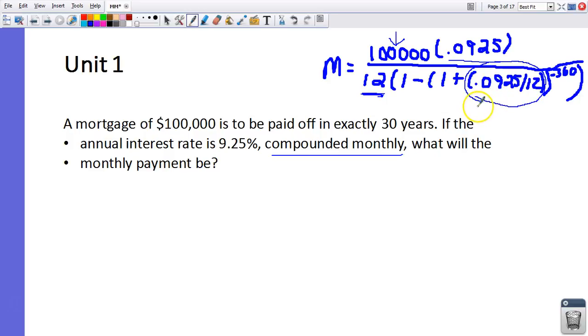So if you were going to compound it quarterly, you would divide it by thirds, right? Because there's 3 quarters in a year. Or by fourths, duh, because there's 4 quarters in a year. It's just that each one is 3 months. That's what I was thinking of. To the power of that 12 times 30 years, but it's a negative power there. So this is all just a formula, and you put this in, and I think you get